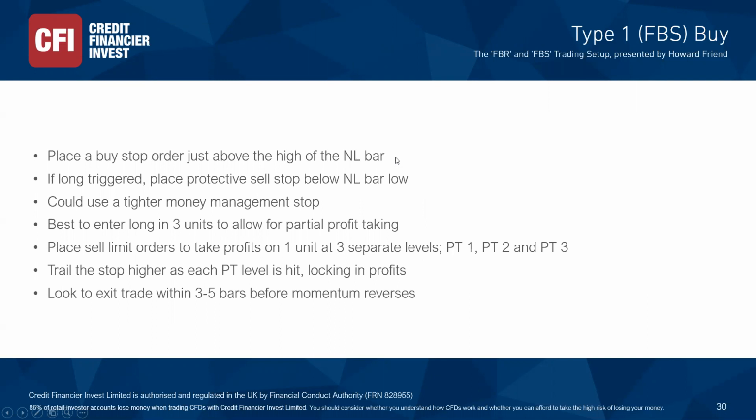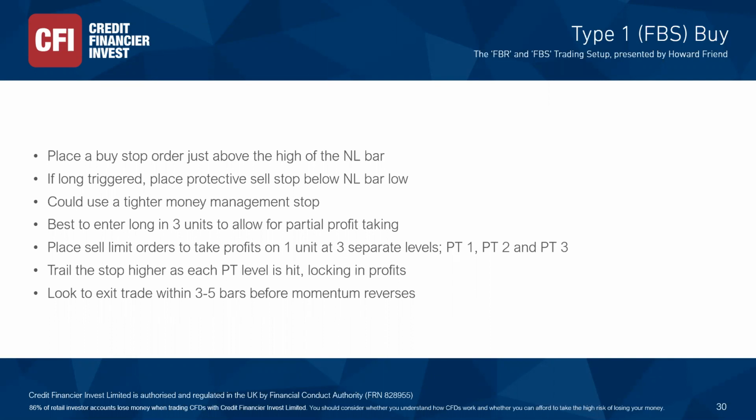If we go long, we put a sell stop below the low of that bar, so our risk is the range of that bar. Could use a tighter money management stop if that distance is particularly big. And we enter long in 3 units so that we can allow for partial profit taking. So the idea is to buy and to have at least 2 targets, maybe 3, so that if the market